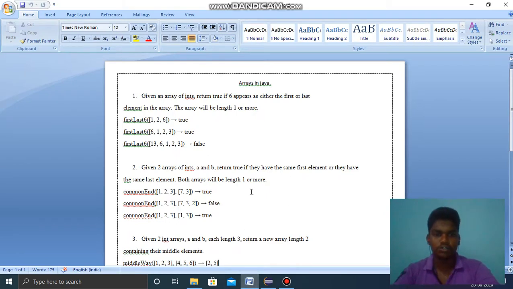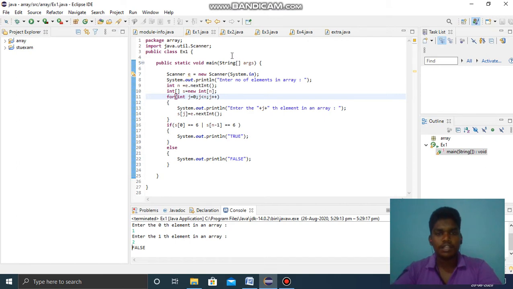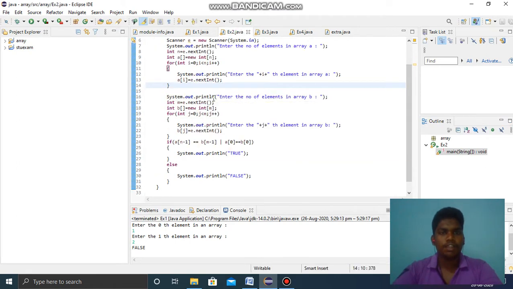The second question we want to see is, we want to create two arrays. If the two arrays have the same starting element or ending element, it returns true, otherwise it returns false. Here